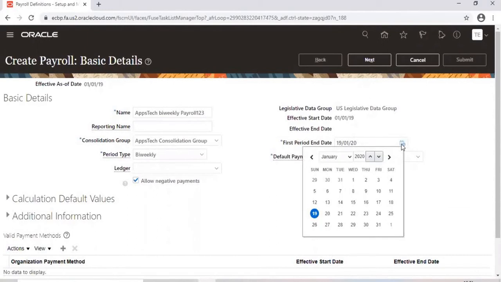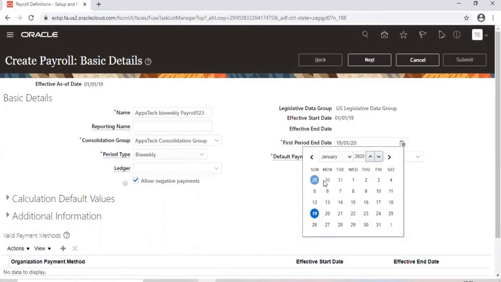The first time you are processing this payroll in the system, for that period you are going to define the period end date. Payroll period start date 6th, payroll period end date 19th. This is one period. Second period, payroll period start date 20th, payroll period end date 2nd February. 3rd February is the next payroll period start date. Like that, payroll periods are going to be generated for a number of years. Here I am defining 6th to 19th as my first payroll, meaning the first time in this Fusion system, after the system is live, that I am processing all my employee salaries for this period.